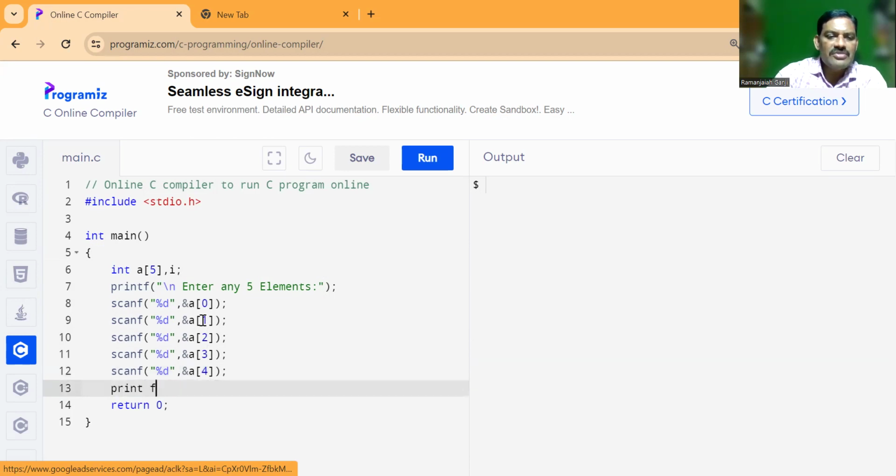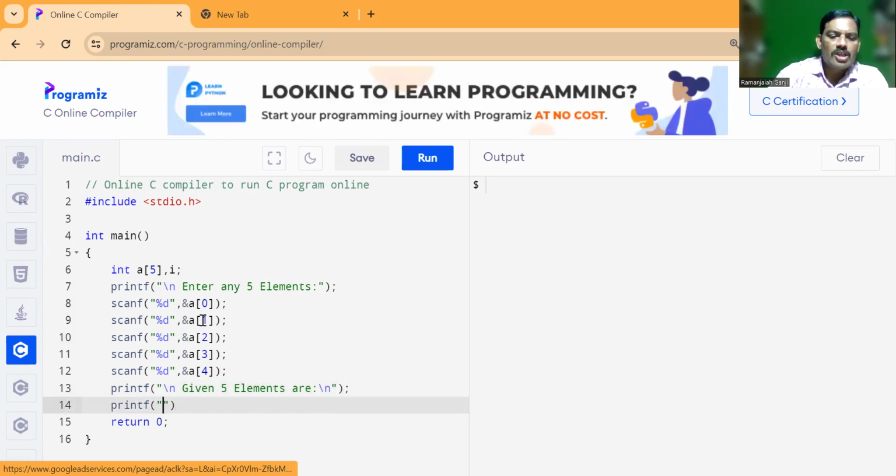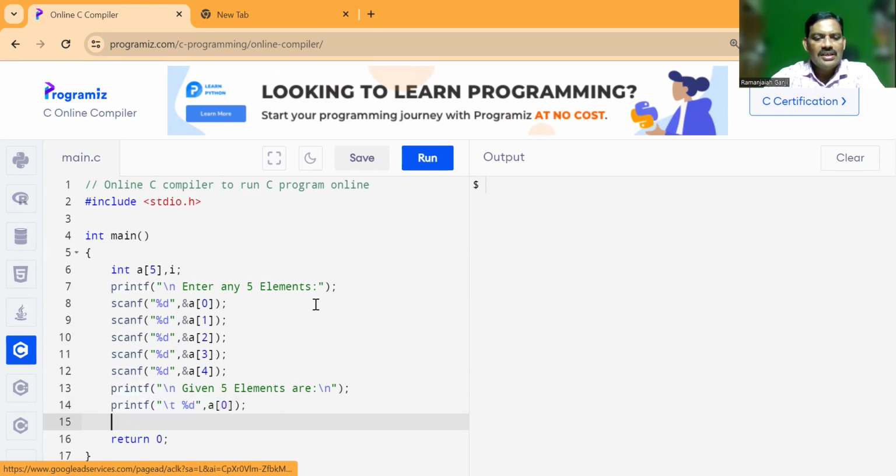Again, I'm printing the same thing without using for loop. Given 5 elements are, I'm taking it. Again, I'm using printf percentage D backslash T, your wish. If you want to print backslash T or backslash N, that is your wish. Comma, the first element will be stored at A of 0. A of 0. Then A of 1,